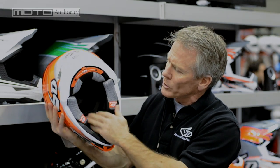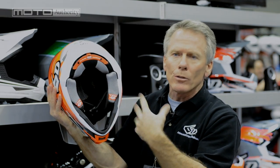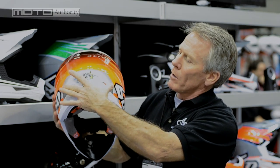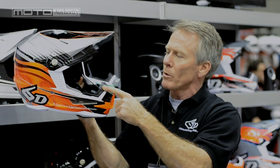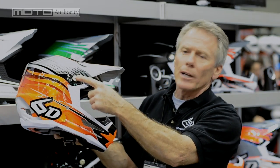As well, we have emergency removable cheek pads on the ATR-1 helmet. They'll pop out due to an accident. Our rear ventilation system in the back is the back of the air gap, our exhaust ports, with a delta vent on the back. We have a removable nose protector if somebody wants to remove that. And shear-away visor screws, made out of plastic with a small hole in the middle, that allow the visor to shear off during an impact and reduce the amount of rotational energy that might be induced into the helmet during a